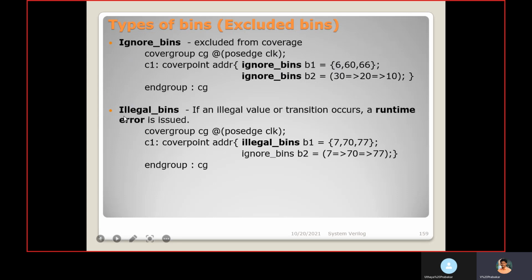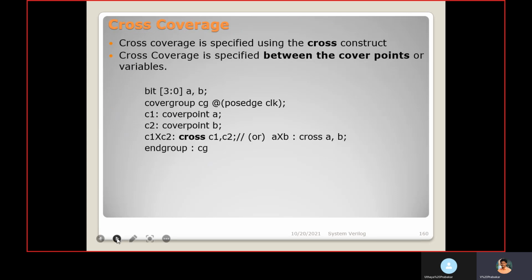For illegal bins, there are a few registers that are read-only registers. For those, if a write operation happens, we can mention it as illegal, so we can give a runtime error. For that purpose, we can use illegal bins. This is one scenario. In cross coverage, that is discussed further.